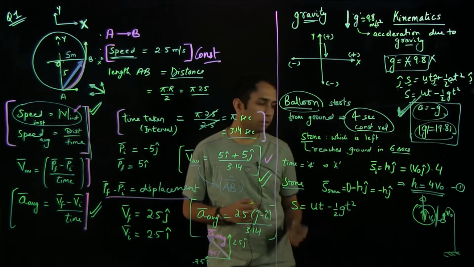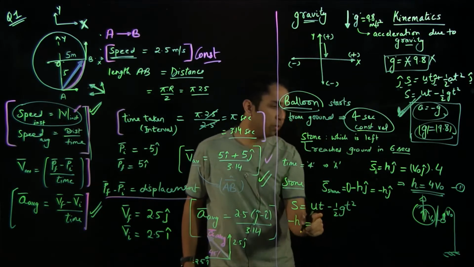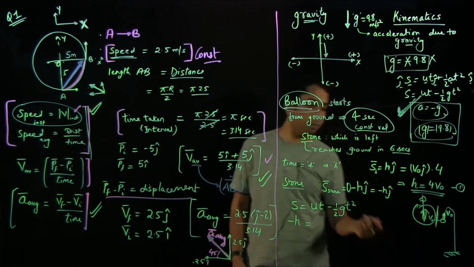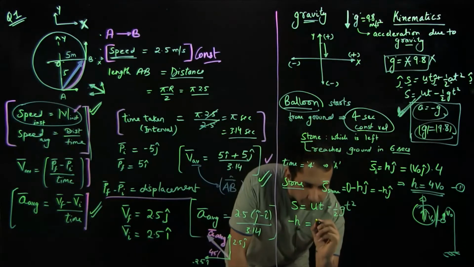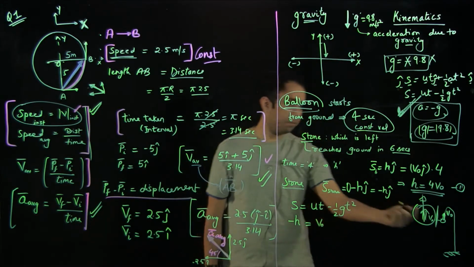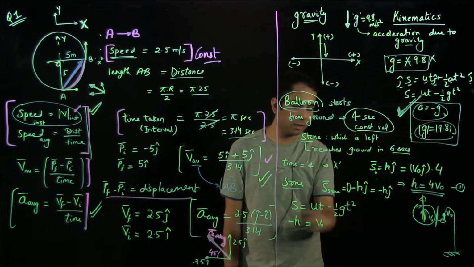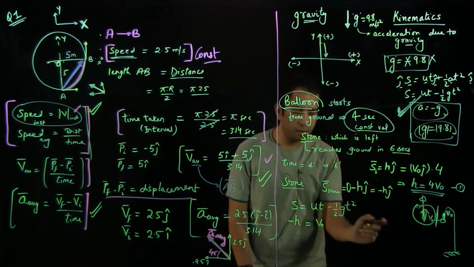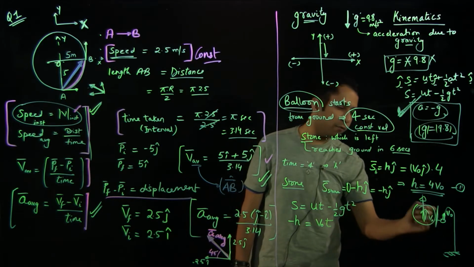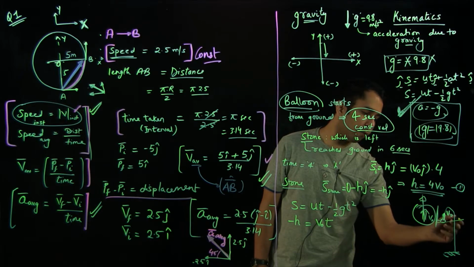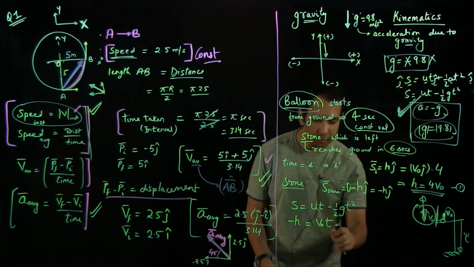to the ground. So as we have calculated, S should be minus h. u will be plus v naught, because the initial velocity given would be in the same direction. So it would be v naught j cap, because it was in the upward direction, not minus v naught j cap, but I am not writing j cap because it's implicitly there. And then t is the time period which the stone took to come from this point to this point, and we know that t is equal to 6 seconds. So I can just